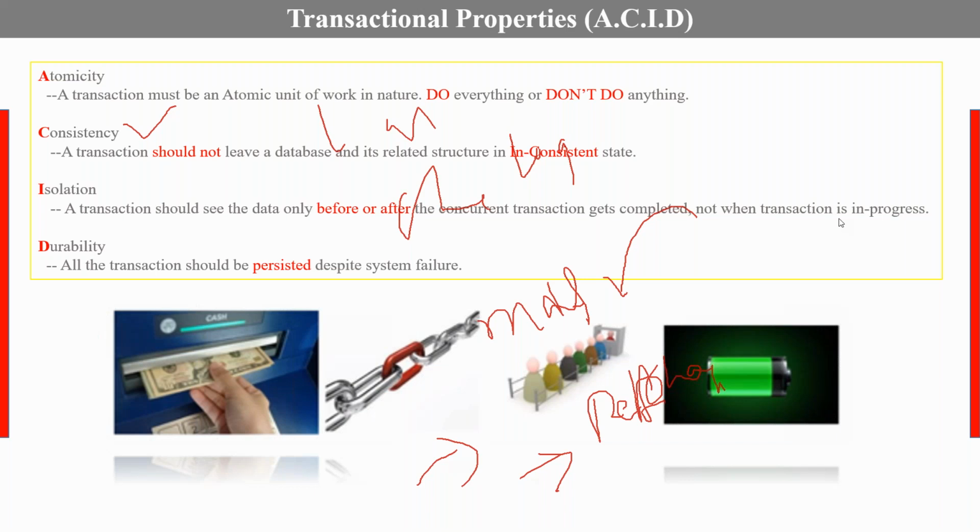Isolation, sir. Isolation is nothing but, in technical layman's terms, independence, sir. Every transaction is independent. It means multiple users can access your SQL, your database, your tables, and they can perform their own transactions, sir, either insert or update or delete or select, whatever. That is how it is working.